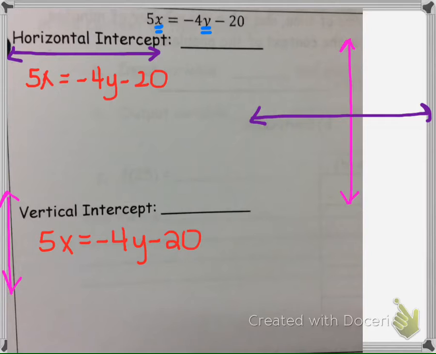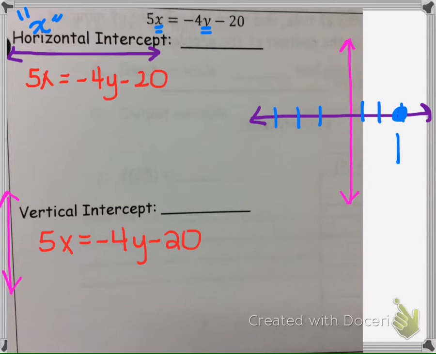horizontal is the purple line, which I think of it like this, like the sun and the horizon. So that's how I remember this as the horizontal intercept, which is commonly known as the x-intercept if we're using x and y's. So instead of saying find the horizontal intercept, we could have said find the x-intercept. So since we're trying to find where it crosses the x-axis, I'm just going to make this up. I'm going to give it some values. If I did a point right here, it's on the